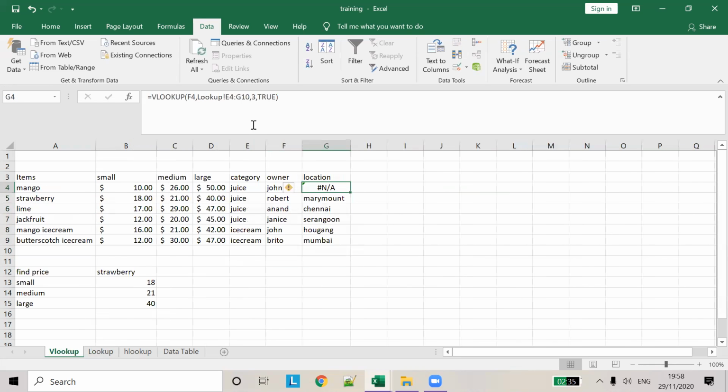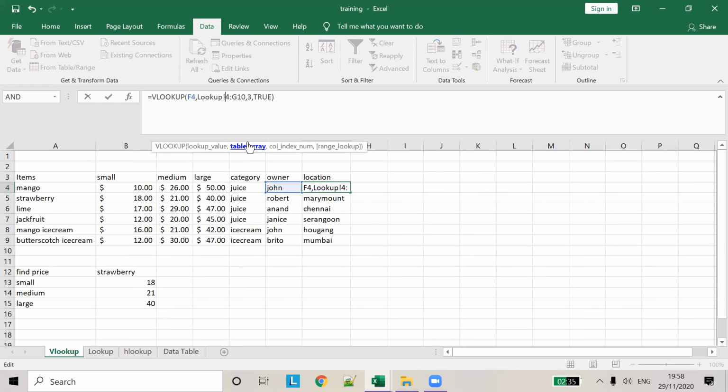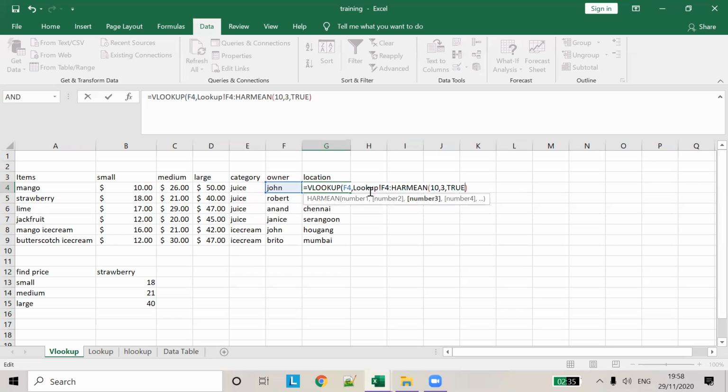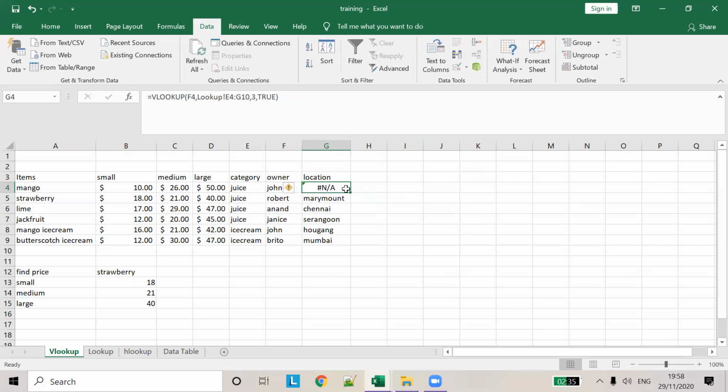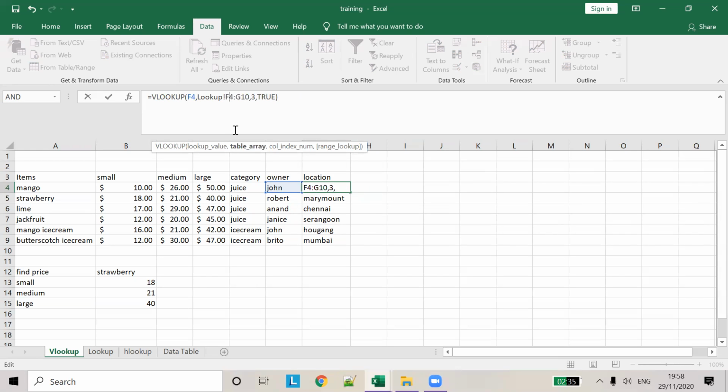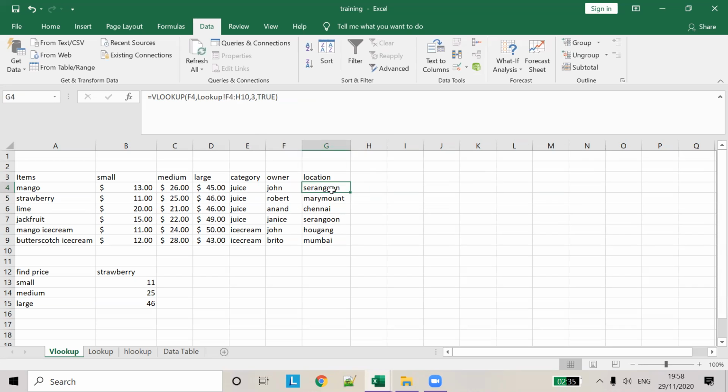So we should be using, okay, so for this, F4 and H10. So, yep, that's it. Okay, F4, H10. Press enter, and then you find an approximate value. So drag the list down and you see Mumbai for everything. Okay, and the reason is